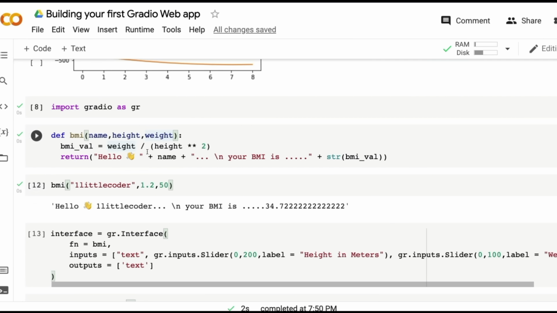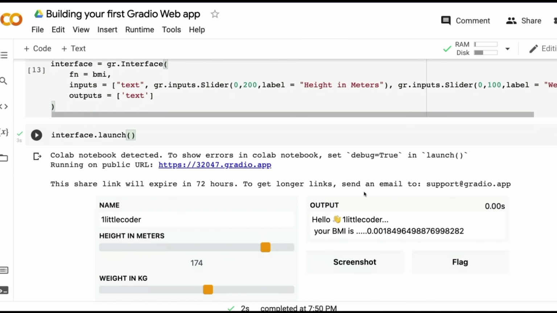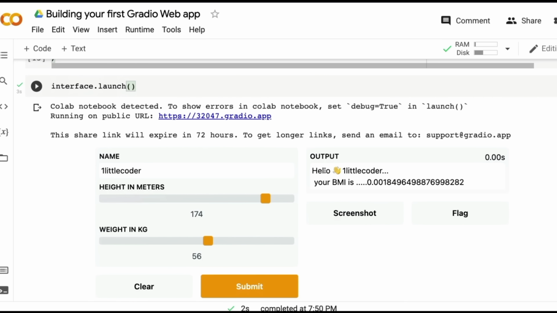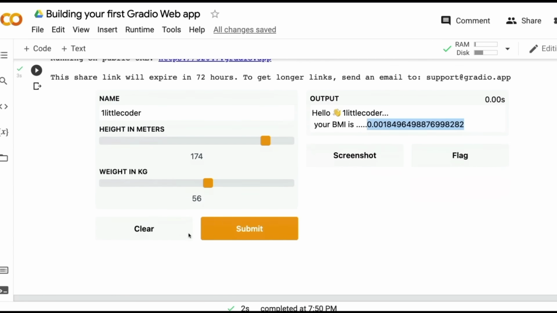Maybe what we can do is, it looks very ugly for us to show this, so maybe we can round it off, then we have to import. Okay, I'm not dealing with rounding off at this point. So you have hello, the name, BMI, and then the value. So at this point you can see that we have successfully managed to get 3 inputs,